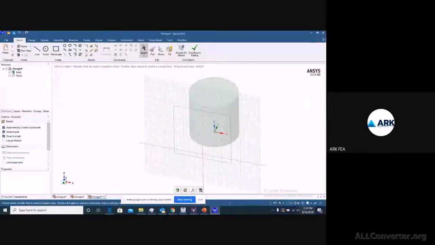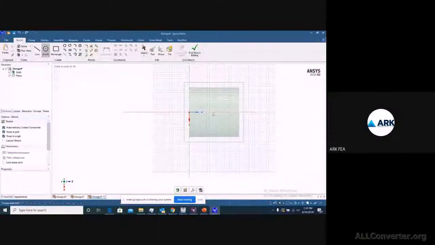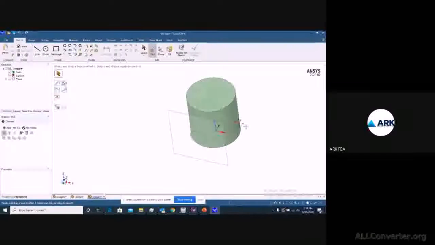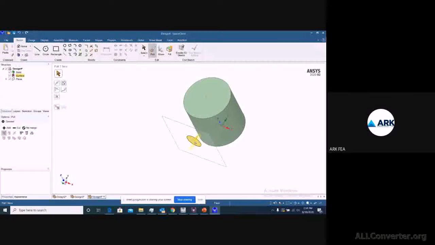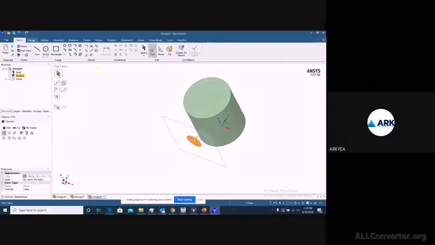You can also set your plan view here. Now when I draw anything from sketch mode and come back to this 3D mode, I can exactly take this 2D sketch and project it on this surface.